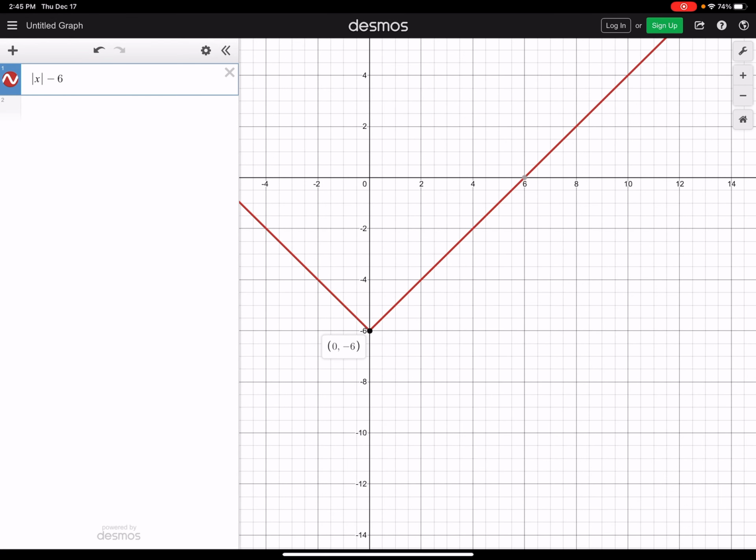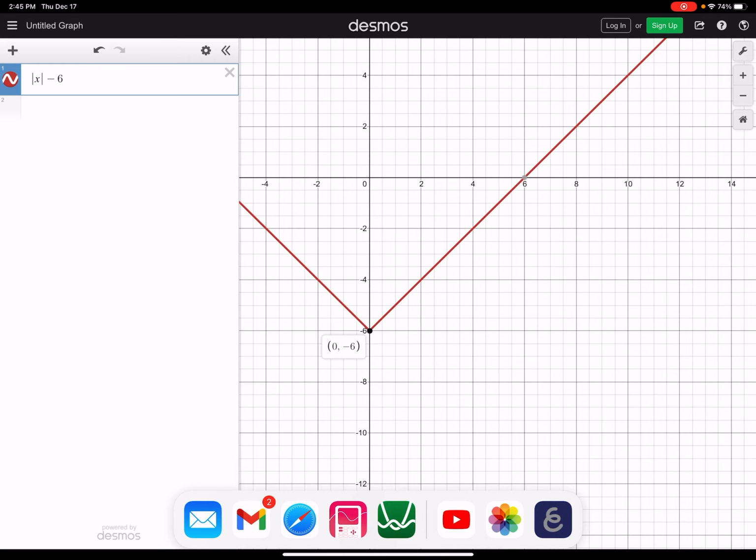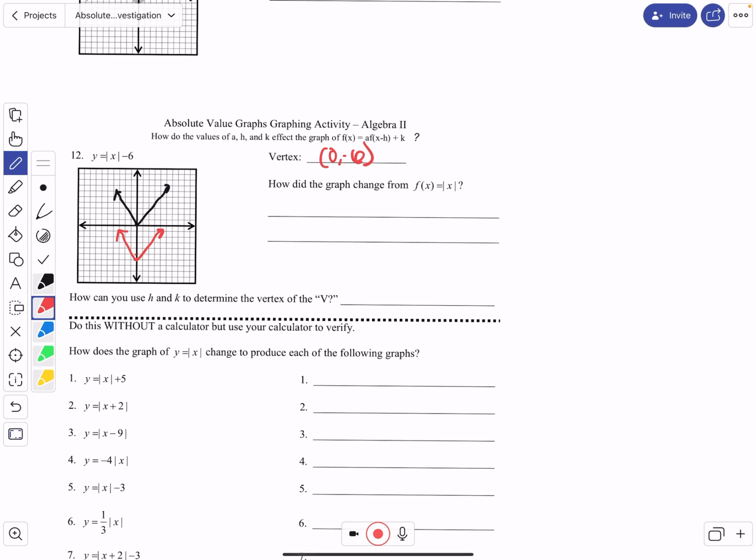So there's your vertex at -6. Okay, so it shifted down